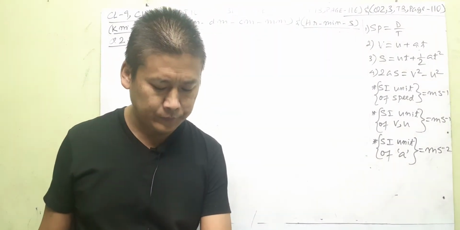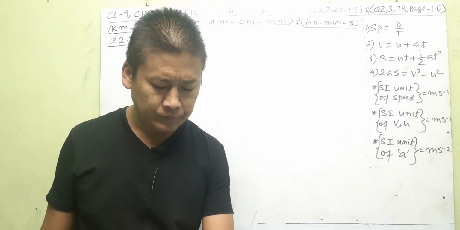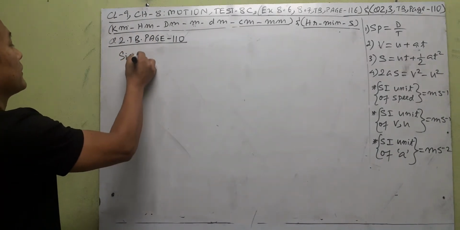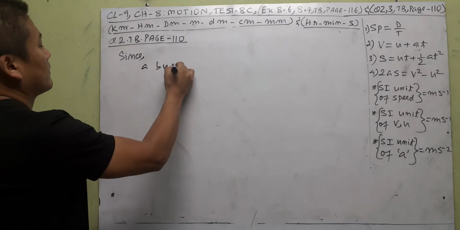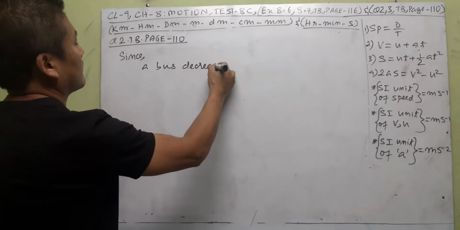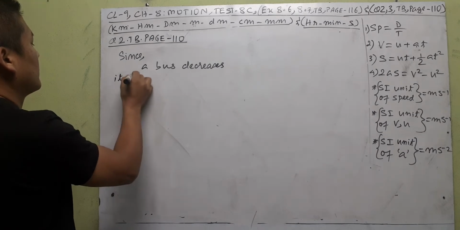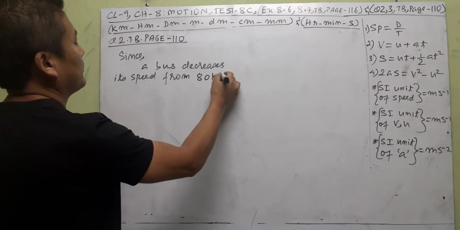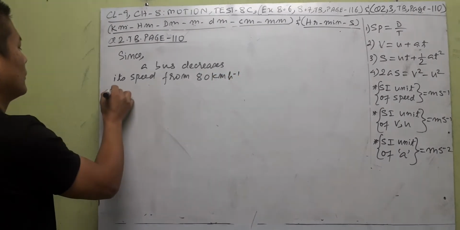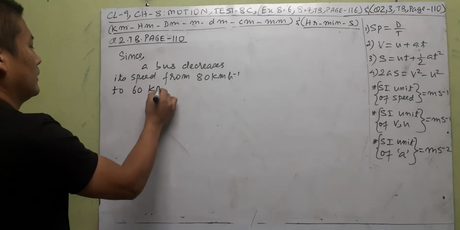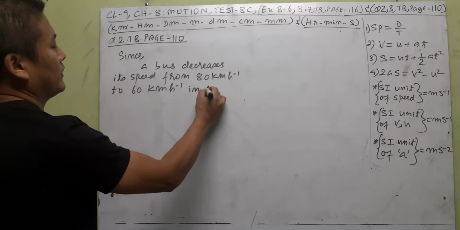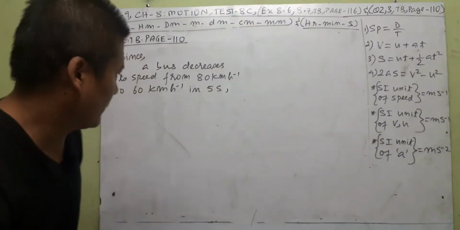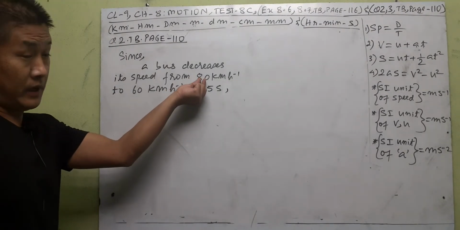A bus decreases its speed from 80 km per hour to 60 km per hour in 5 seconds. So let us write that. Since we read the first sentence of the question saying a bus decreases its speed from higher speed 80 km per hour to 60 km per hour. All these things happen in a time of 5 seconds. Question is saying that. So this is a picture of a bus slowing down from high 80 to slow by